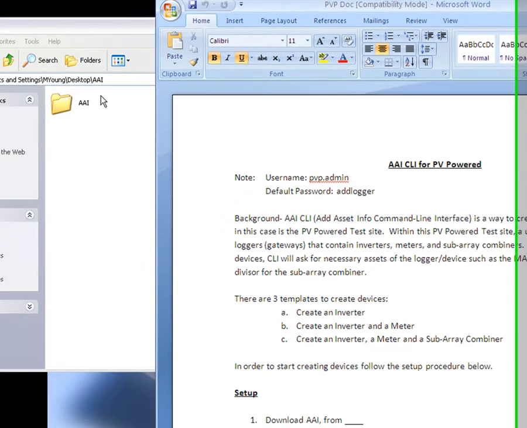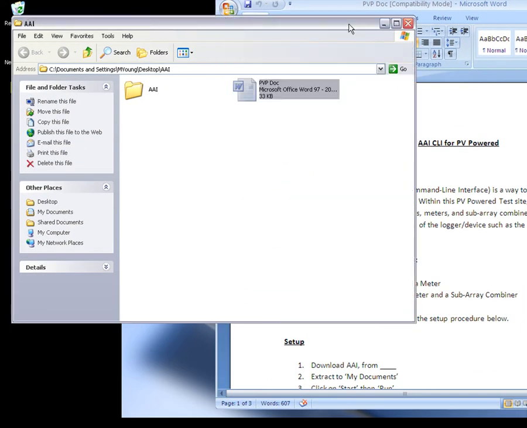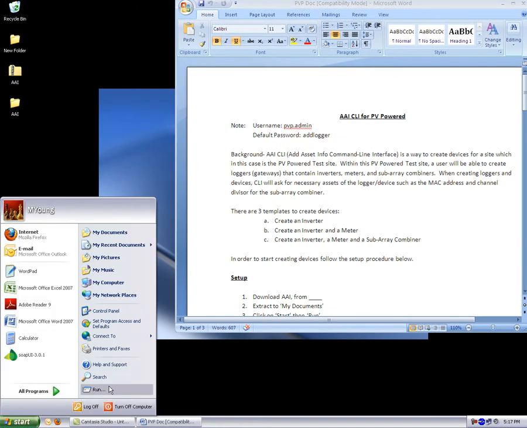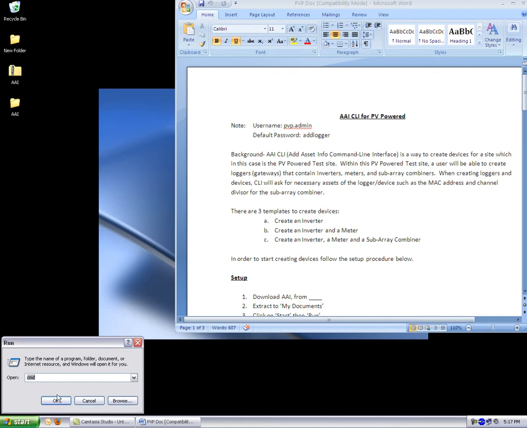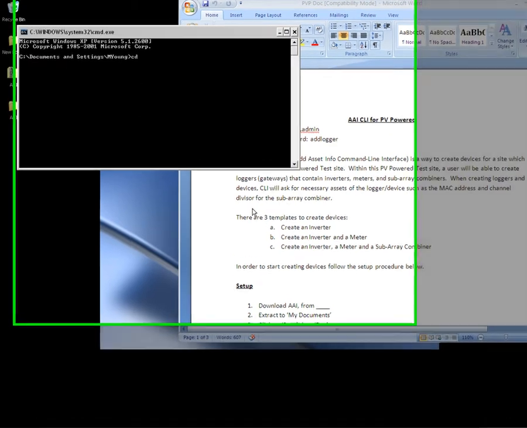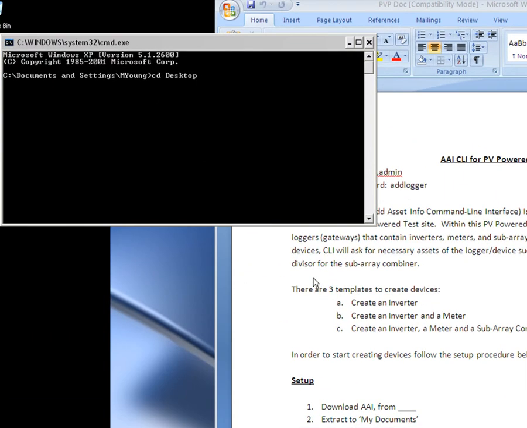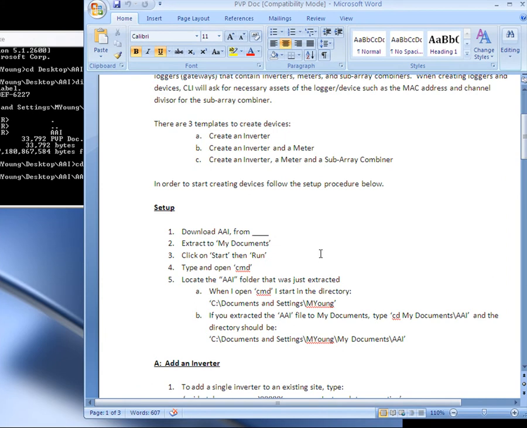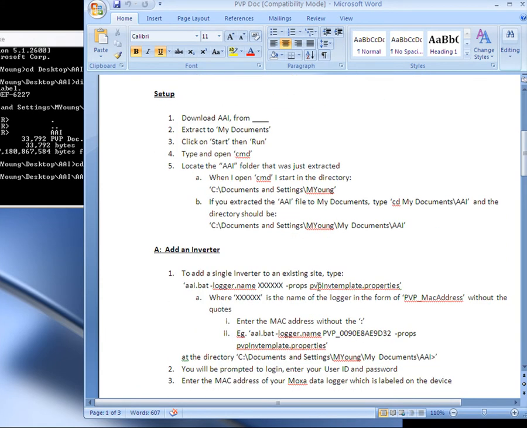You're able to change that password through Solar Plant Vision. Following the instructions, I'm going to click on Start, click on Run, type in CMD, click OK. First thing we want to do is navigate to the directory that we're using. This is on the desktop, and the file folder is called AAI. Okay. When we've navigated to the folder that we're going to use, go down and select which procedure we want